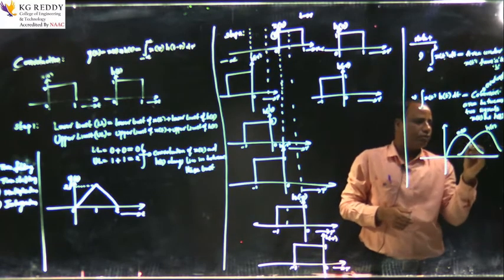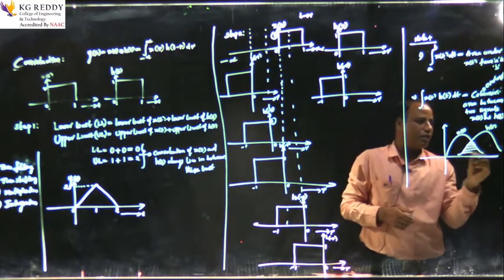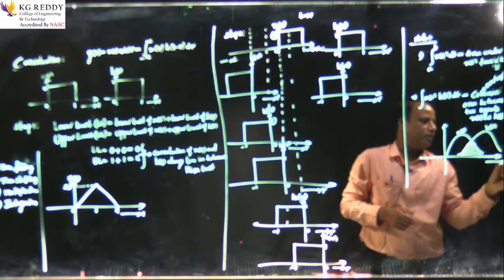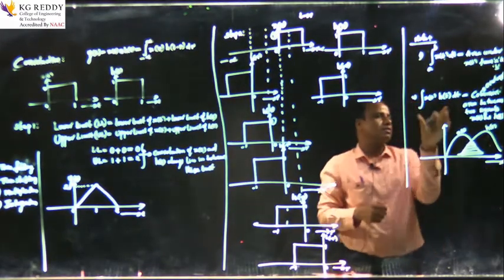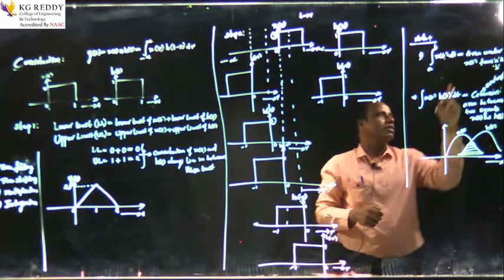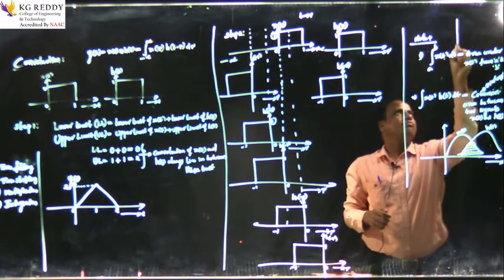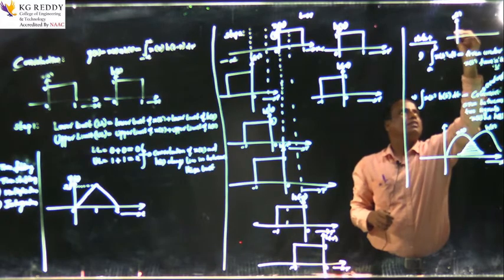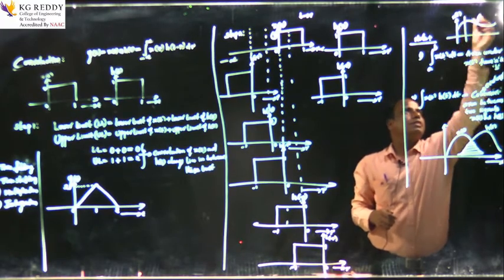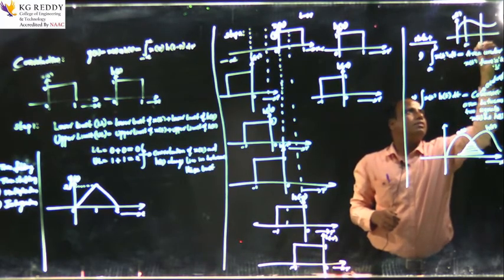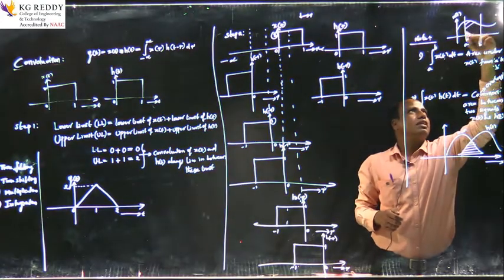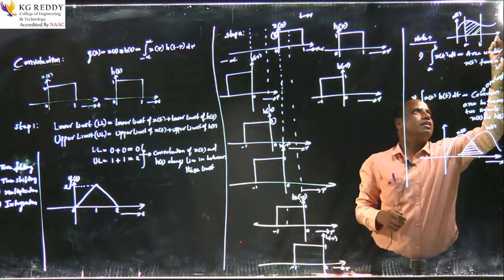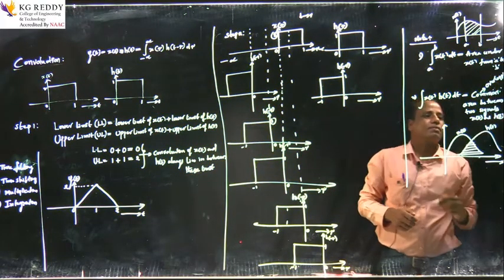This will give you the common area, which we try to understand. So this integration gives you the common area, whereas in this case, if you say it is my x of t, I have a signal like this, and these are my limits a and b, this area will be given by the integration.